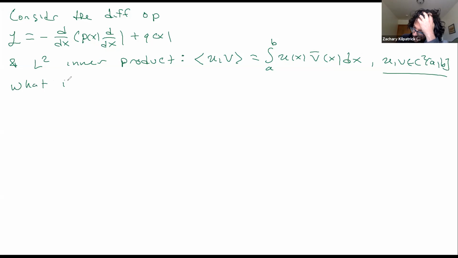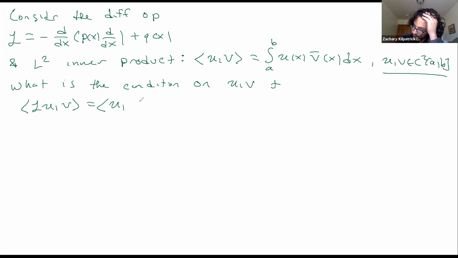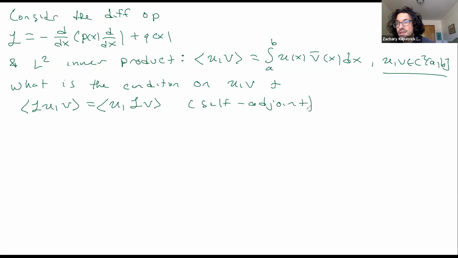So here's a question then. What is the condition on u and v such that L u, v is equal to u, L v? In other words, that the operator is what's called self-adjoint. And if you remember back to linear algebra,